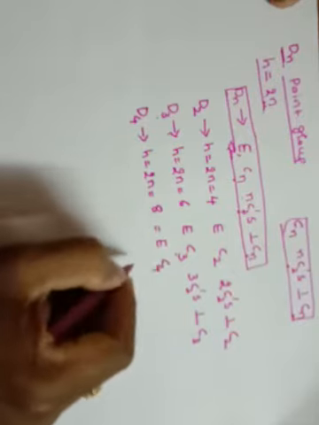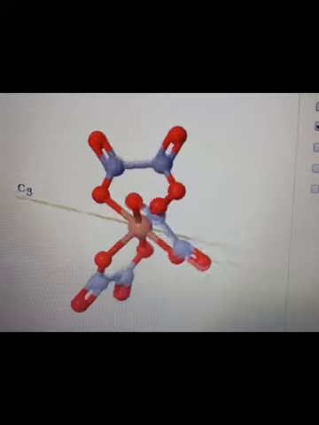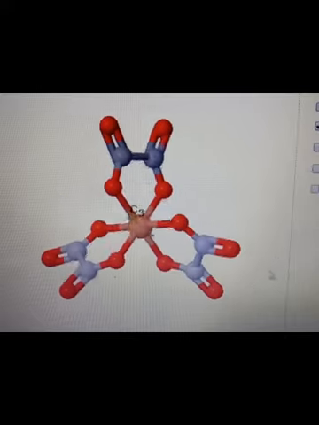So this molecule structure is octahedral, where the central metal atom is iron with 3 oxalato ligands. Now if you look, this molecule belongs to the D3 point group, that means it has a C3 rotational axis of symmetry with 3 C2s perpendicular to it. Now let us look at the C3. How is the C3 possible in this particular case?